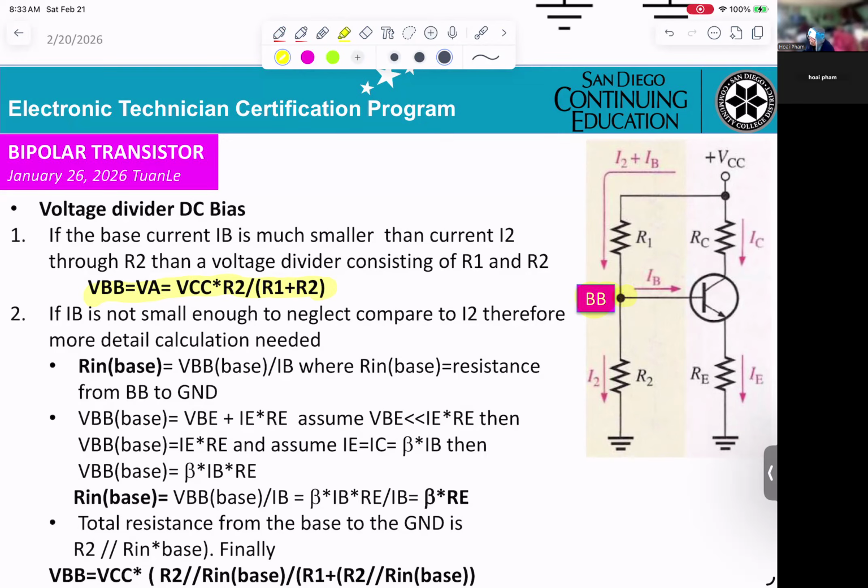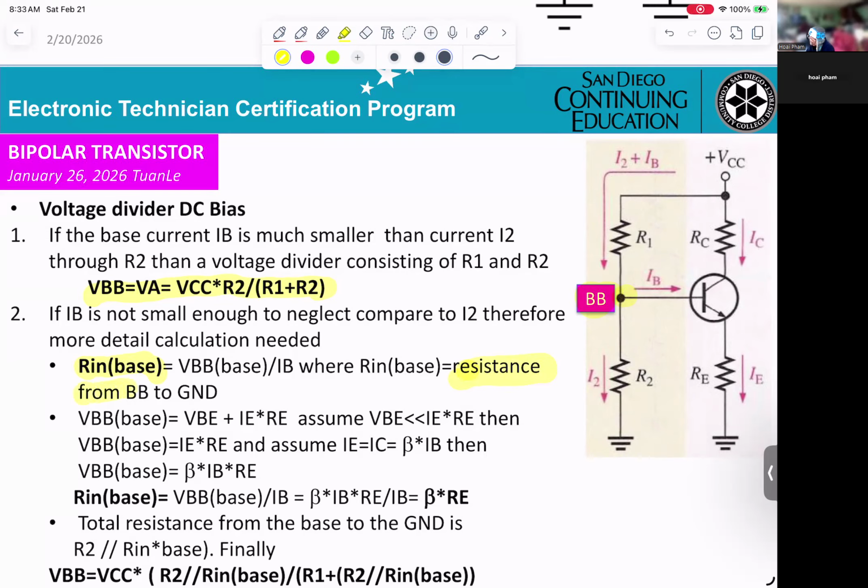IB is not small enough, you need to compare it to I2. Therefore, a more detailed calculation is needed: R in base equals VBB divided by IB, where R in base is the resistance